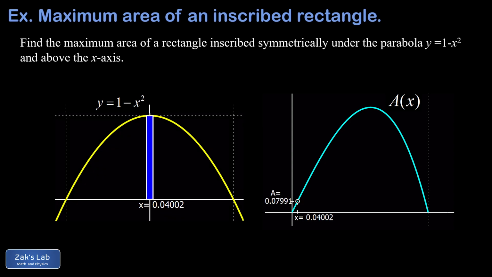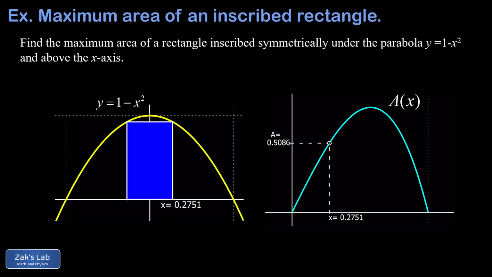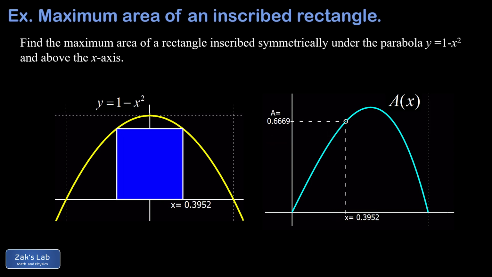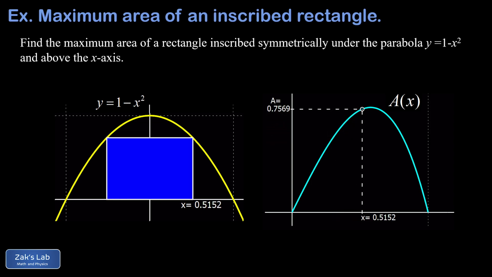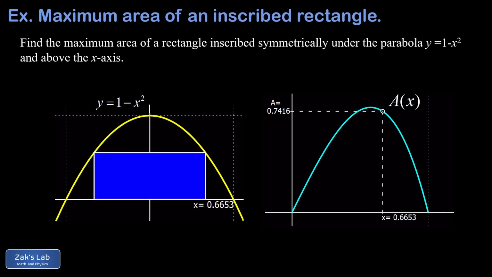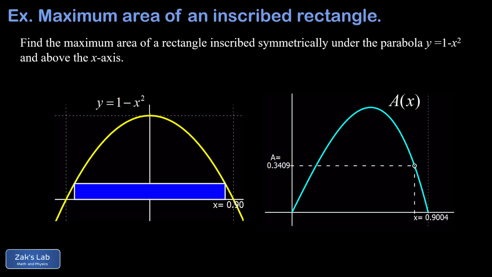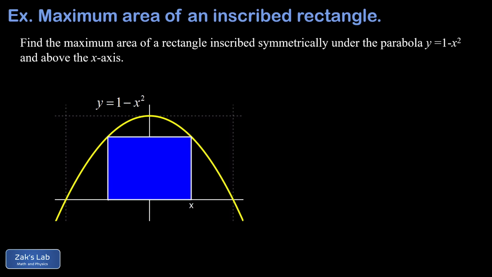So running our animation again, we can include the area function A of x as we run through all the possible rectangles, and we see that a maximum value is achieved at approximately x equals 0.58, where the area is approximately 0.77. So all we have to do to solve this optimization problem is write down the area as a function of x, then take the derivative and set it equal to 0, and we've got the location of that maximum. So a rectangle with a right edge at x has a height of 1 minus x squared,